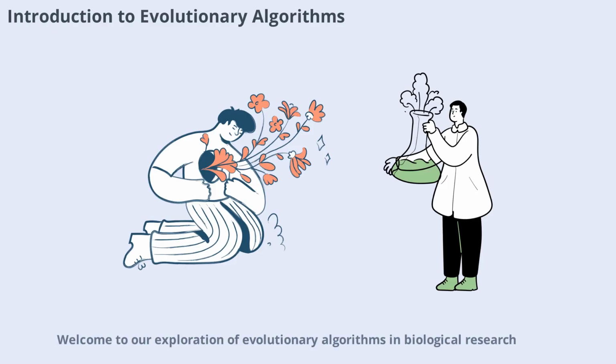Welcome to our exploration of evolutionary algorithms in biological research. Today, we'll uncover how these computational methods, inspired by natural selection, are revolutionizing the way scientists solve complex biological problems. From genetics to ecology, evolutionary algorithms mimic the process of evolution to find optimal solutions. As we journey through this topic, you'll see how computer science and biology intersect, leading to innovative discoveries and new research frontiers. Let's begin by understanding the basics of evolutionary algorithms and why they are so powerful in tackling biological